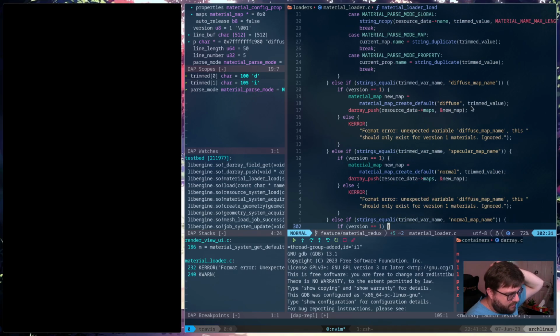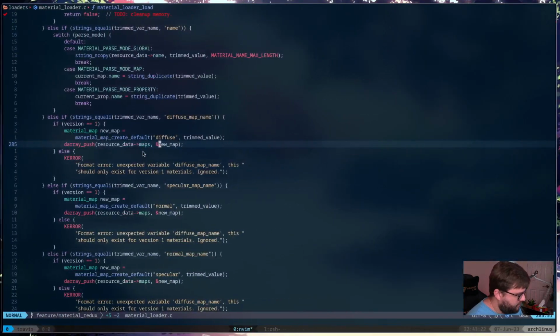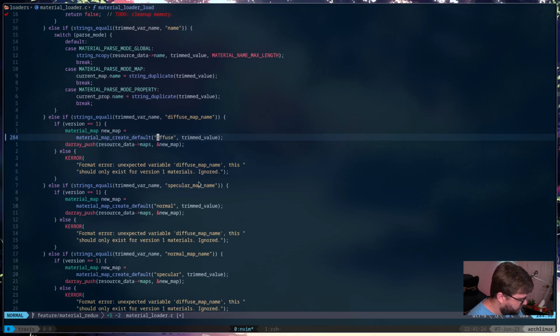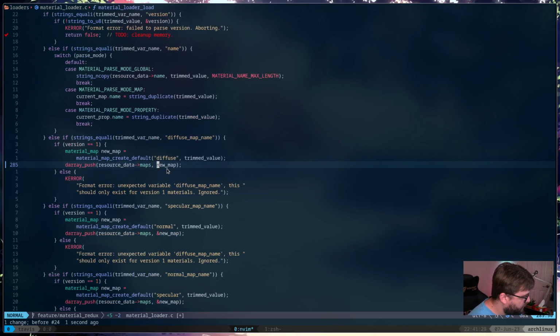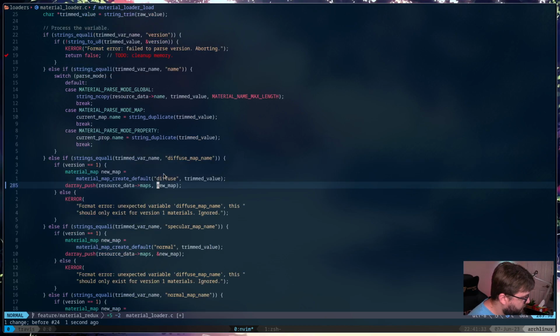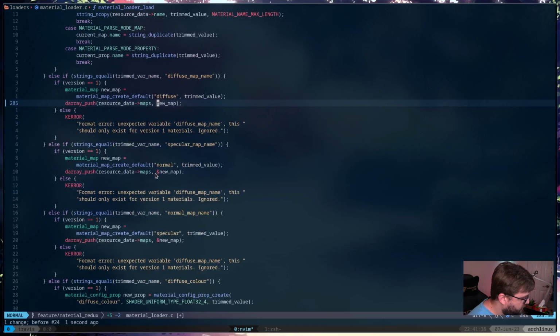We should just be pushing the value itself, not the address of it. I wonder if that's actually, oops, I wonder if that's actually corrupting our heap somehow. It's definitely not doing anything good, that's for sure.